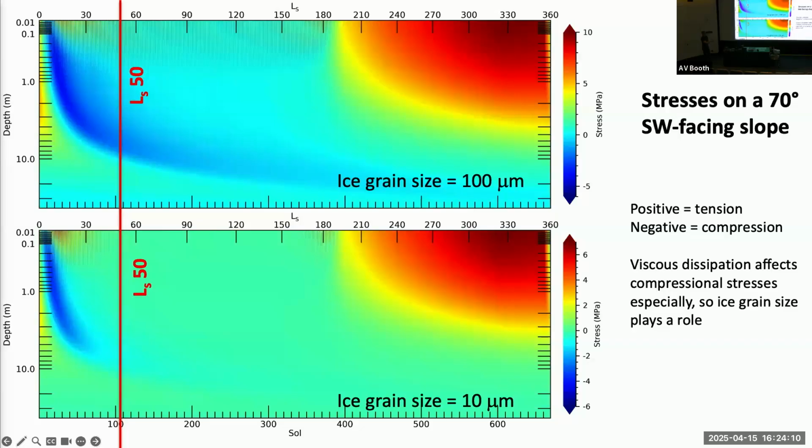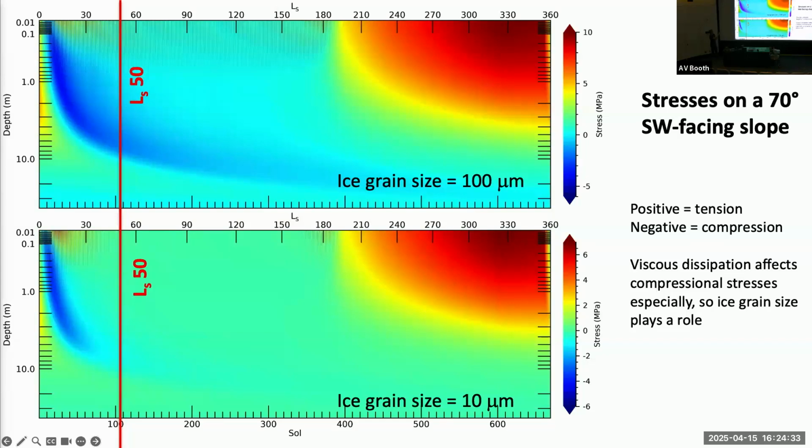So it tops out at about 6. Not that that matters much because 2 megapascals is enough to fracture ice anyway. So in any case, we're looking at being able to form contractional fractures, perpendicular to the surface, pretty easily in the winter. The other interesting feature of the stress behavior is this thermal wave that passes into the ice